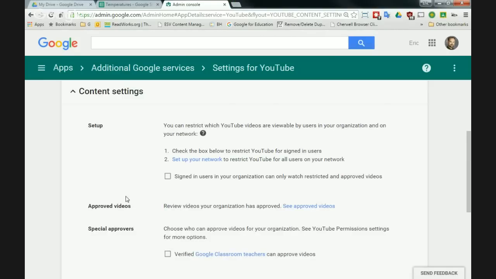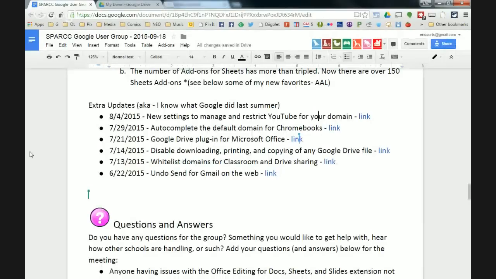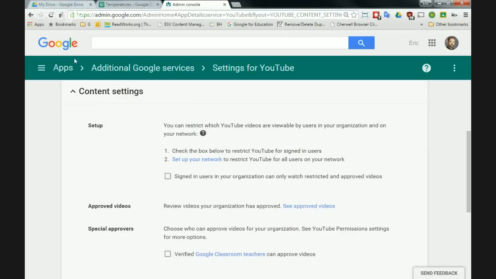All right. So that, I hope, will help some folks who have been anti-YouTube, not because they're against it, but because they're worried about inappropriate stuff. It's a great service for your schools. Another awesome thing is auto-completing the default domain for Chromebooks. So this got rolled out along with a few other